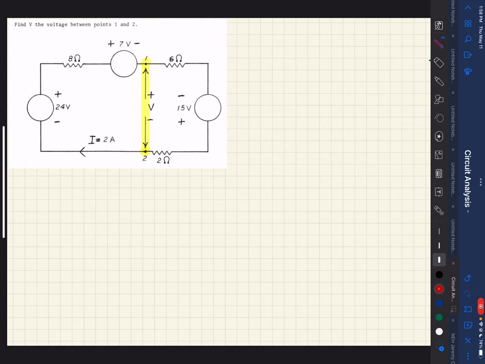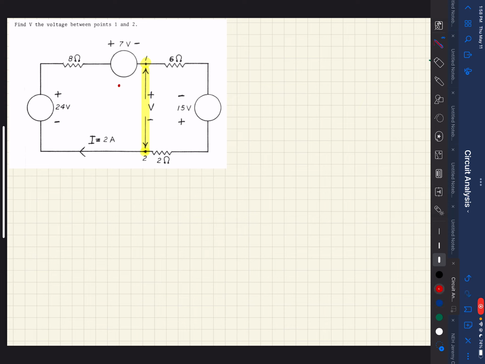So there are 2 different ways we can go. We could come this direction, going from 1 to 2 and adding those voltages up, or we could go this direction, same thing, adding up and subtracting the voltages as needed. So let's do that, and we'll actually do it for both paths to show that that should work. So for the first one,